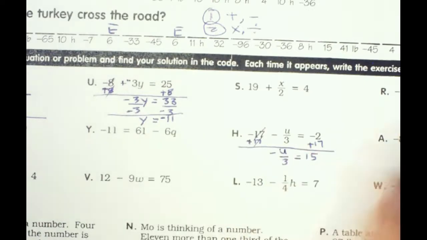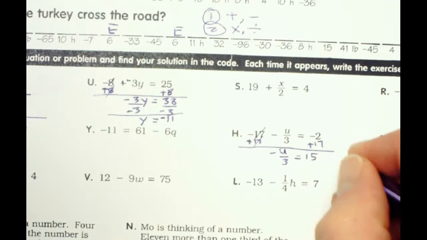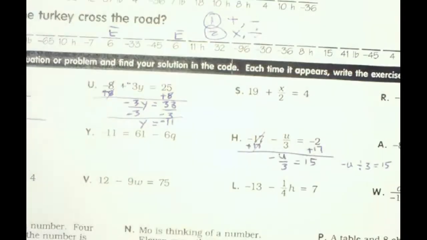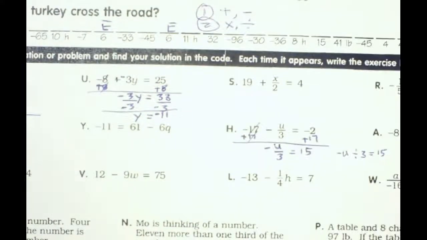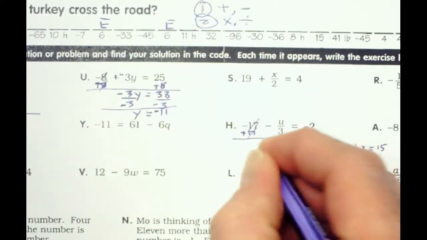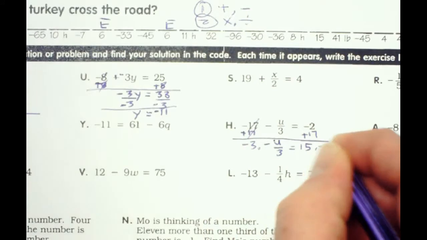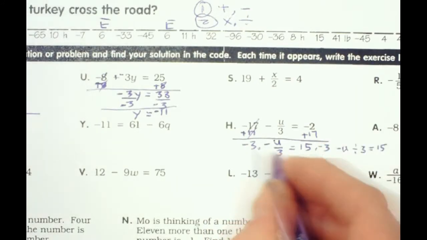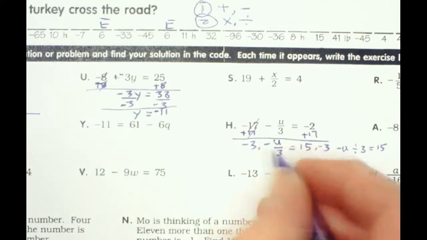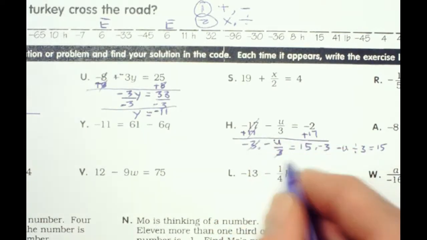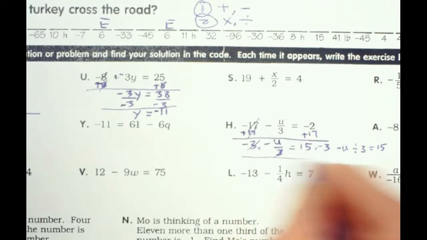I'm just going to write over here. This is the exact same thing as this. The exact same thing, right? Remember, fraction bar means division. So I'm going to multiply by a negative 3 on this side. I'm going to multiply by a negative 3 on that side. Because when I multiply the negative times the negative here, not only will the 3's cancel out, but a negative times a negative will give me a positive 1u, or just a u,